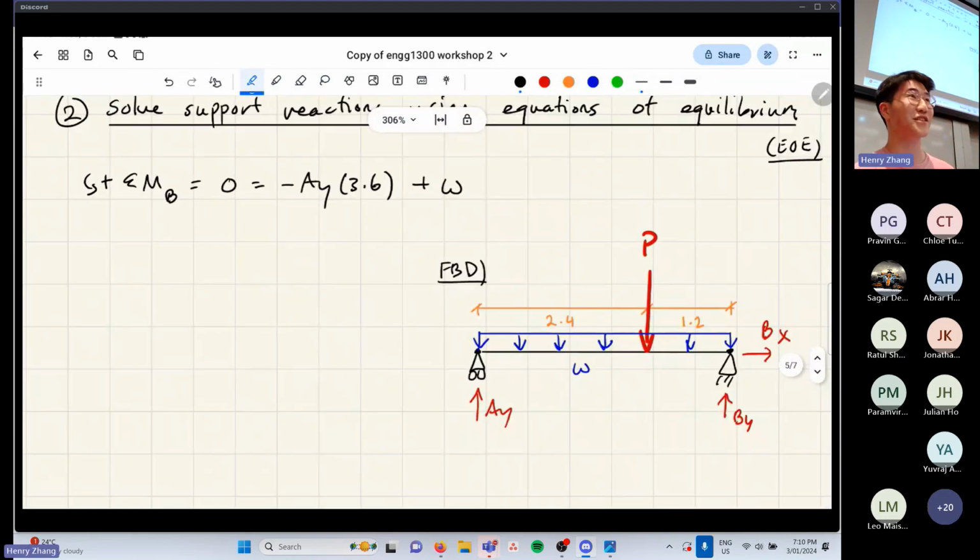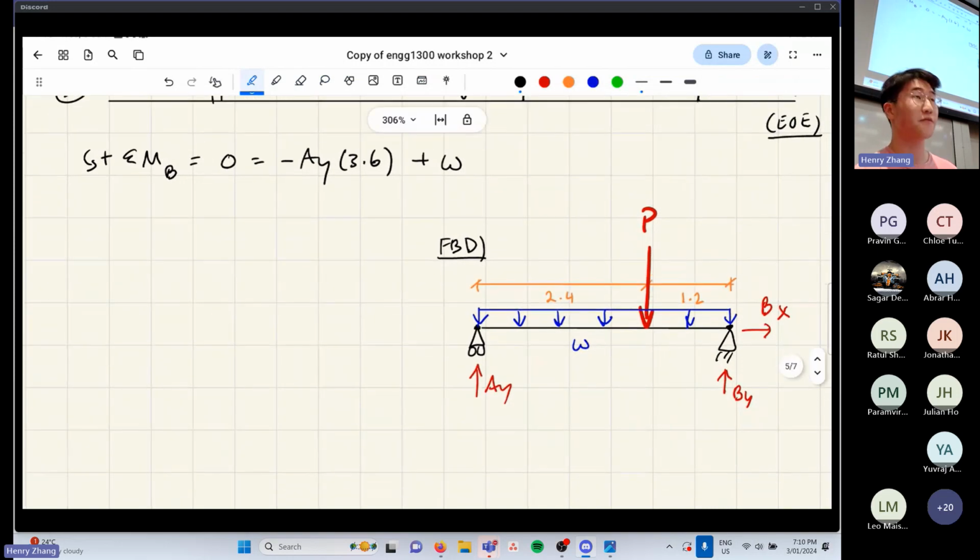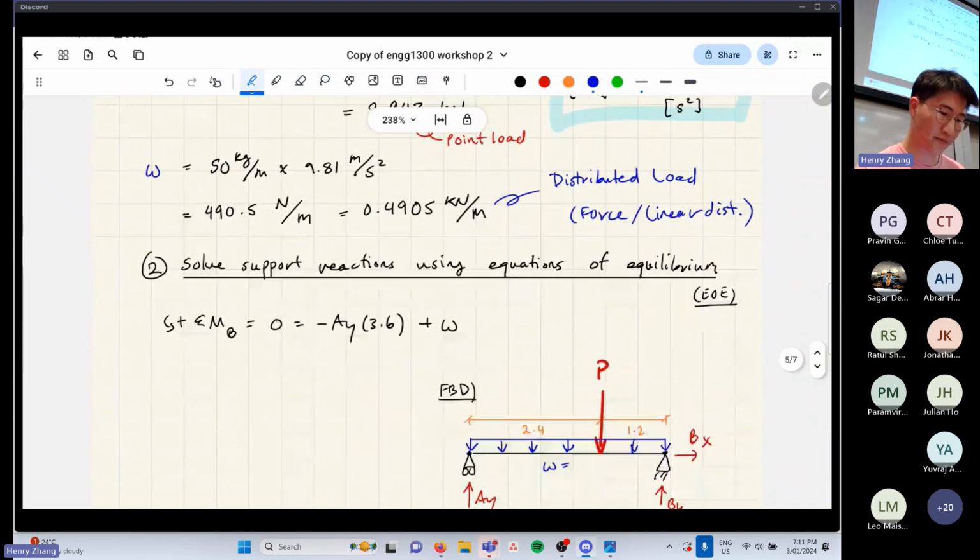Okay, here's where it gets funky with the distributed load. For a distributed load, in order to solve for support reactions, we want to find the middle of the distributed load and pretend that the entire distributed load becomes a point load, and we take the line of action from there. Okay. So we solve this to be